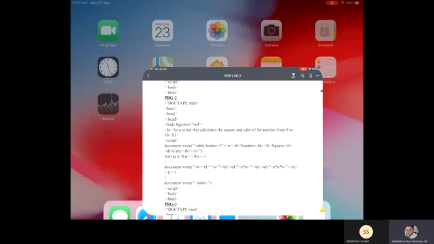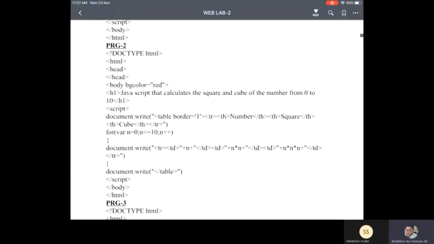I'm opening my for loop where tr and td are used. tr is nothing but table row. td is nothing but table data. For the table row, insert table data, insert the value n. What is the value of n? That is 0. For 0, the first n represents a number, plus n into n, that is your square, n into n into n, that is your third column data. Understand that line, very easy, you can understand.